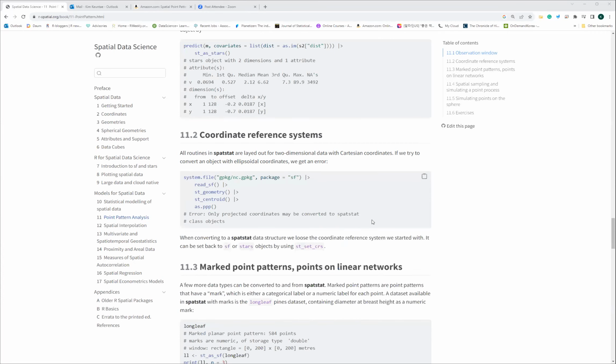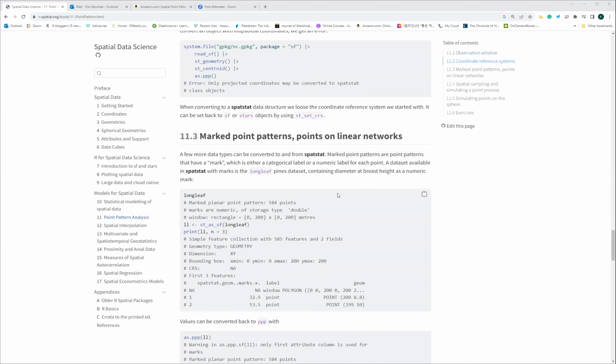And then 11.2 and 11.3 are another variation application of the spatial point pattern. 11.2 actually explains that whenever you have point file like objects, they have two-dimensional data with Cartesian coordinates. You can try to do ellipsoidal, like three-dimensional coordinates, but they'll give you an error. So it is actually about two-dimensional Cartesian coordinates, like latitude and longitude, with positive and negative values in it. And also, when we think about the marked point pattern, before in the previous chapter,